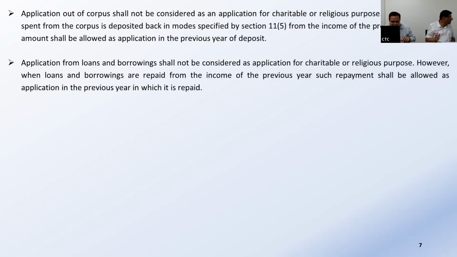Yes. Now, saving bank account deposit, that is also allowed. 11.5, yes, deposit in bank account. Correct, 11.5 says deposit in the bank. So bank account is included. The bank balance can be saving, can be current, can be fixed deposit, can be saving account. Must be a bank.